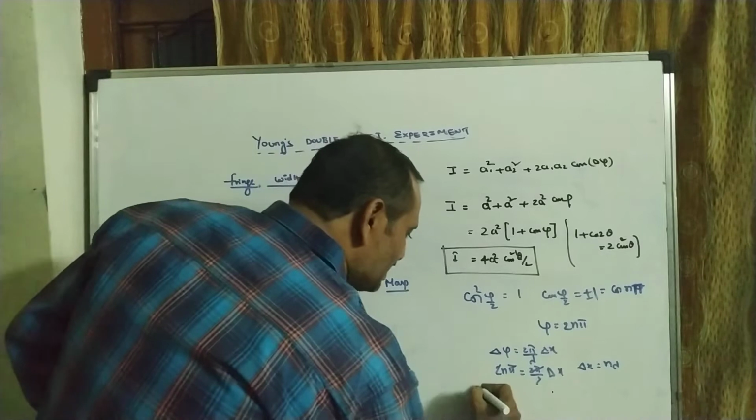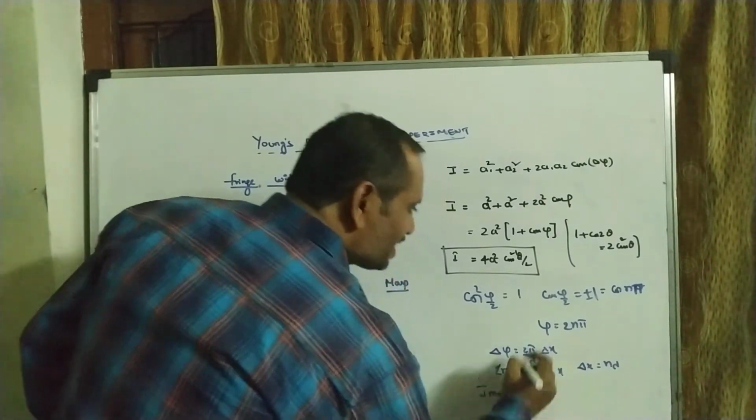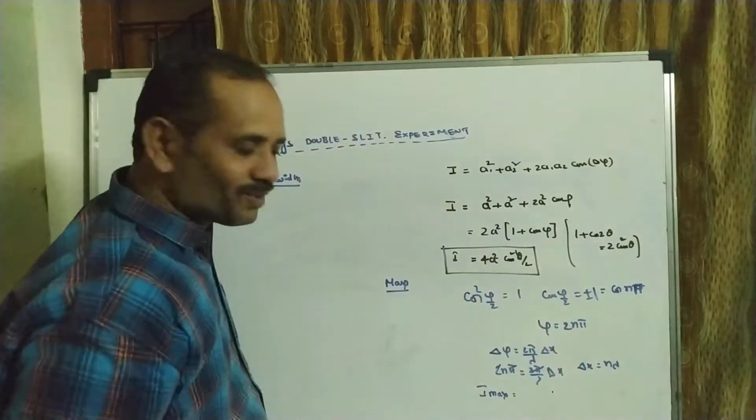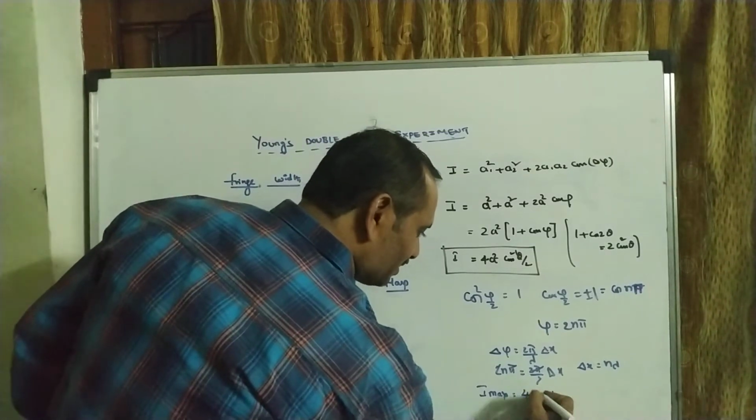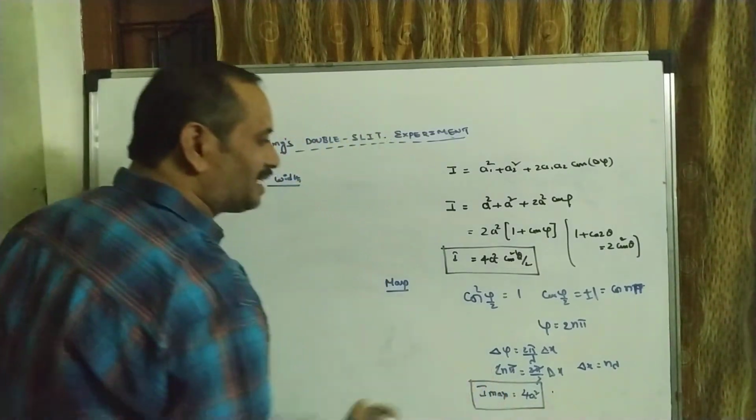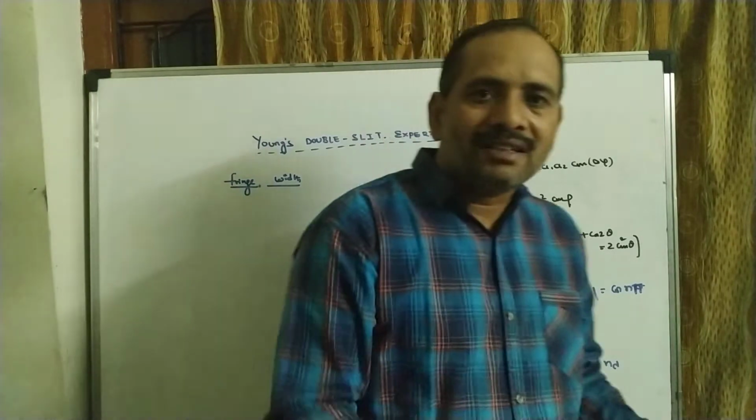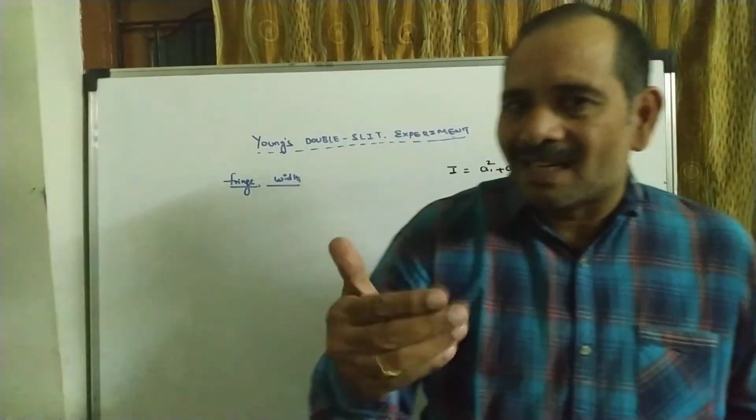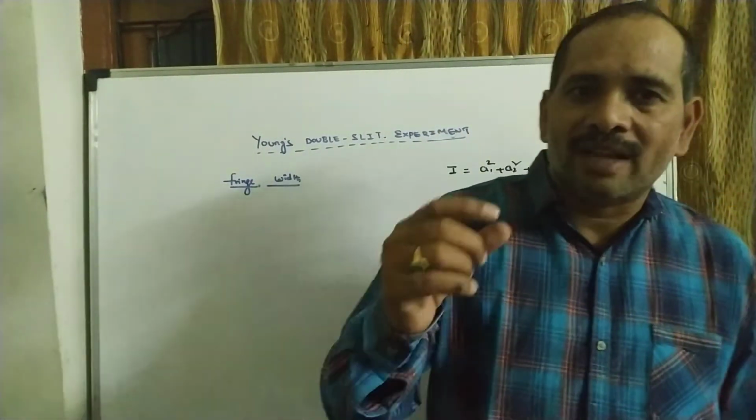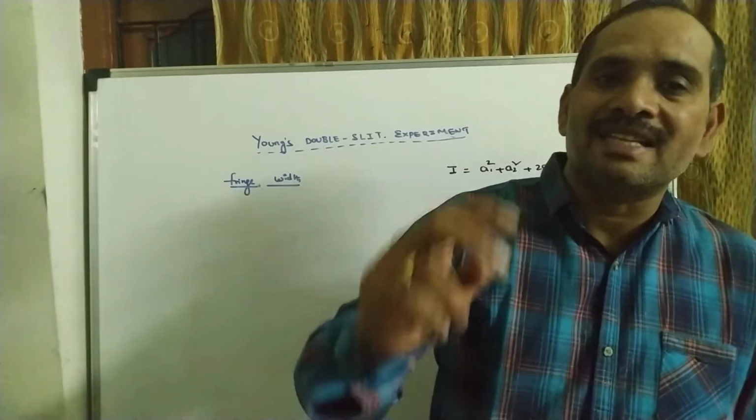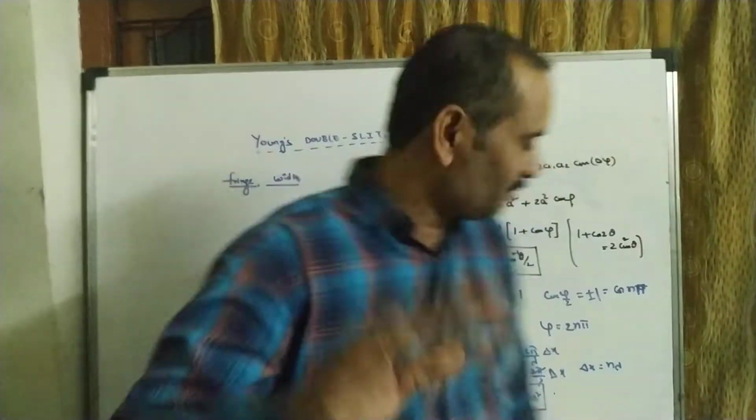Next, sir. So what is that intensity maximum? I max equal to, just now I said with you, cos square pi by 2 is 1. I max is 4a square. This we call constructive interference, where the two crest and crest, trough and trough are superposed. Then it gives constructive interference of maximum intensity 4a square. Minimum is